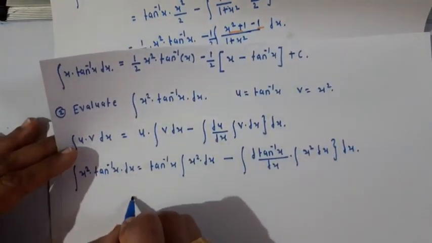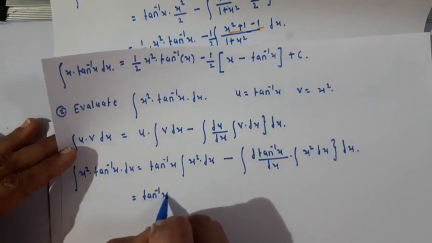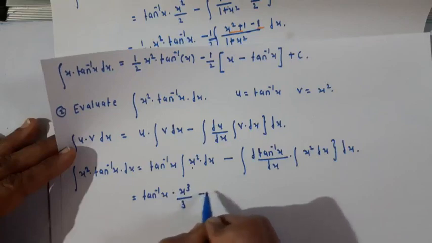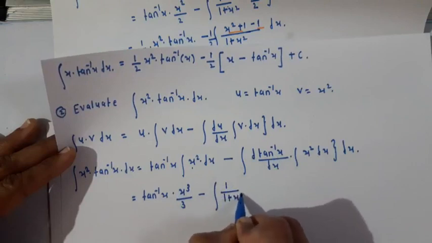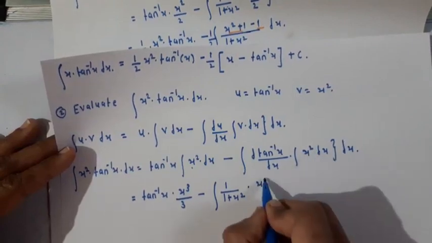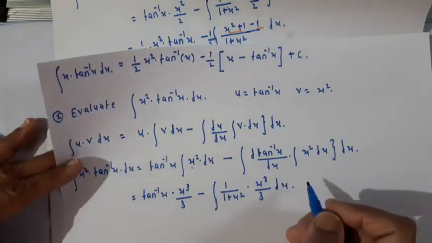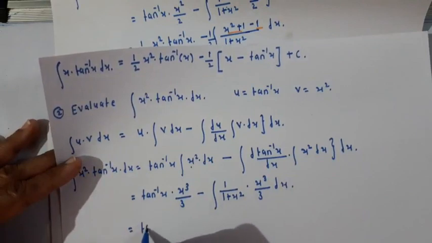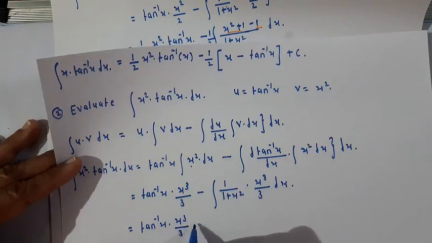Now this is equal to tan inverse of x as it is. Integration of x square is x raised to 3 upon 3, minus the differentiation of tan inverse of x, which is 1 upon 1 plus x square. Integration of x square is x raised to n plus 1 upon n plus 1, that is x raised to 3 upon 3, with respect to x. Okay students, now this is equal to tan inverse of x into x raised to 3 upon 3 minus